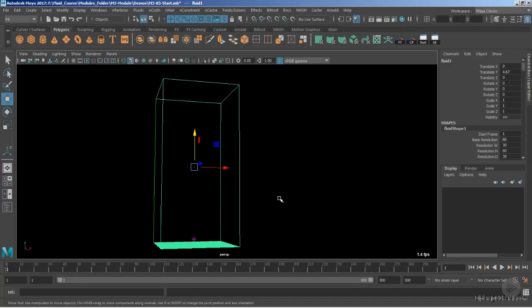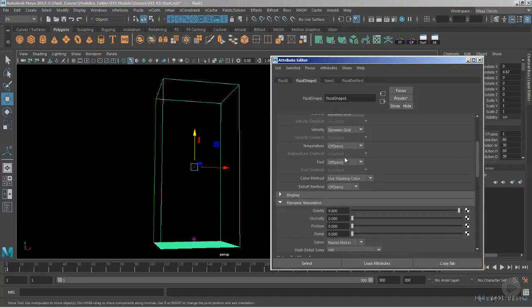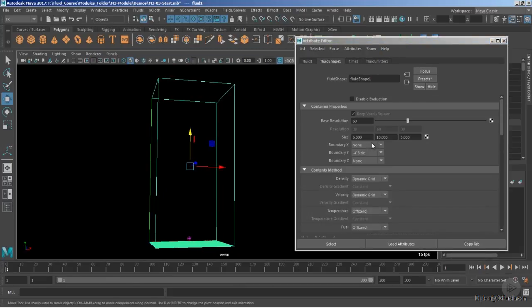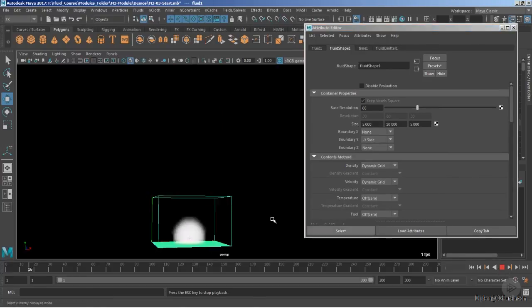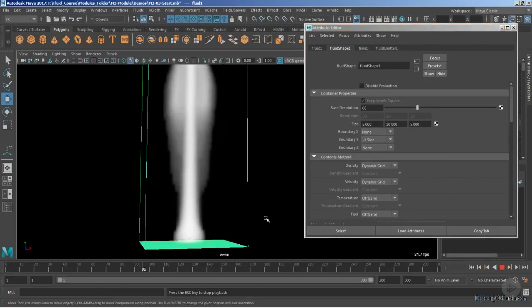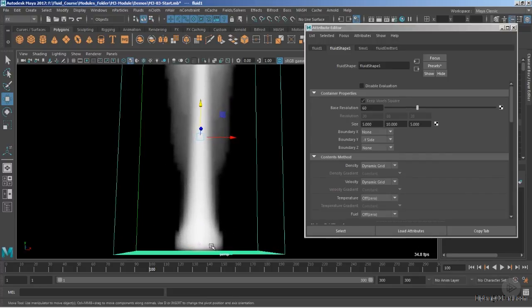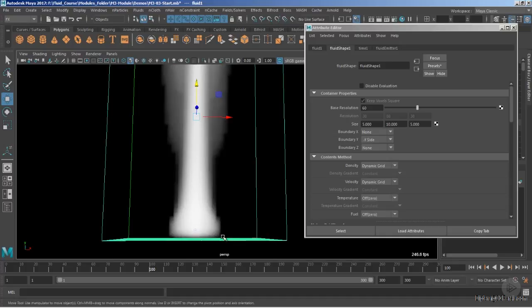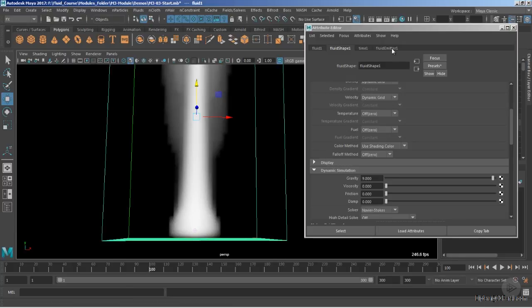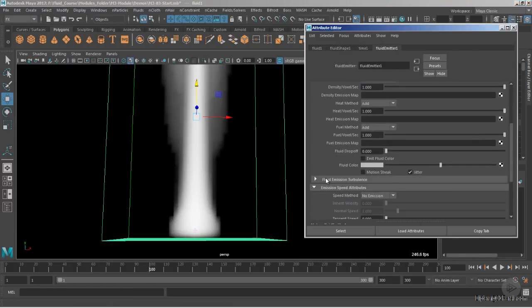Alright, so in this clip, we'd like to study the attributes of the dynamic simulations. Till now, we have created this much amount of the reactions. And as you can see, the emitter is a point type, or you can say the omni type, but there's a lot of fluid coming out of this. Well, one reason is, inside the fluid emitter, we do have something called as